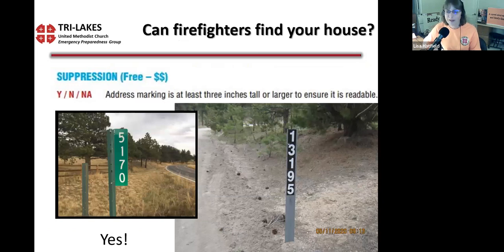Okay, go to page 8 now on your home assessment checklist. Yes or no? Address marking is at least 3 inches tall or larger to be sure it is readable? In both of these examples, the answer is yes. Reflective numbers are better. The address signs should be mounted on a metal post because a wood post could burn